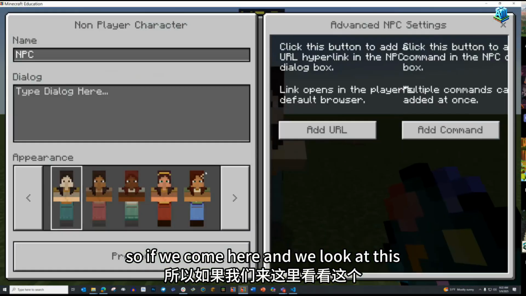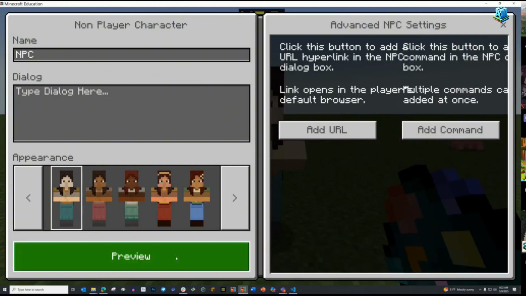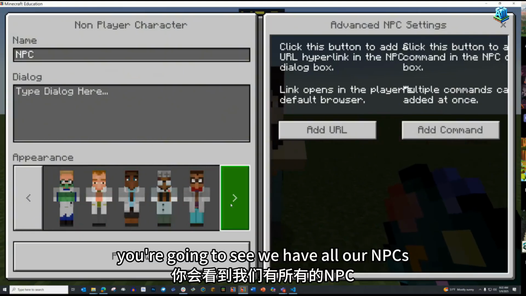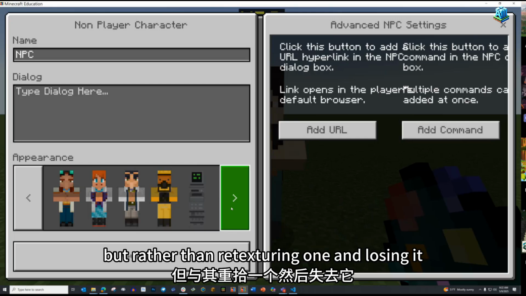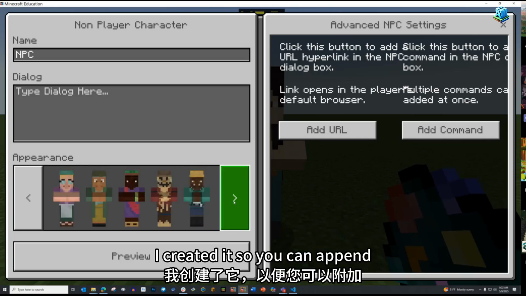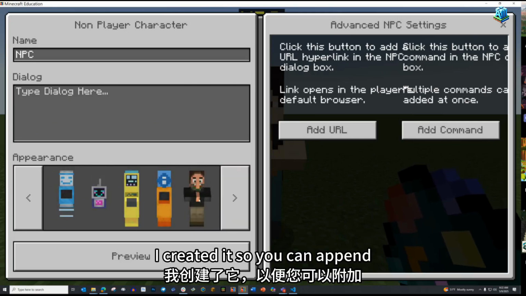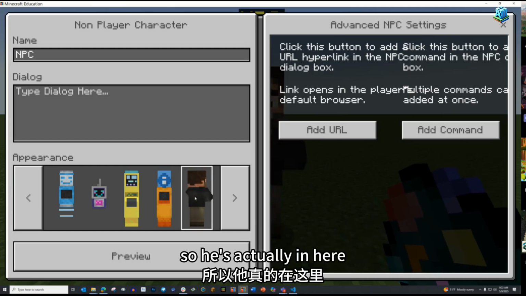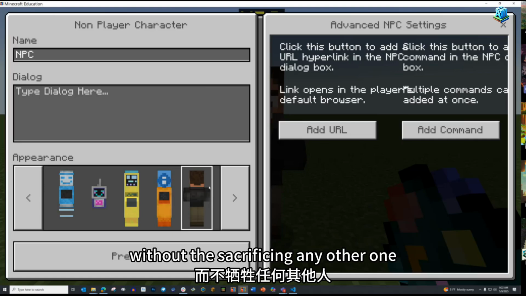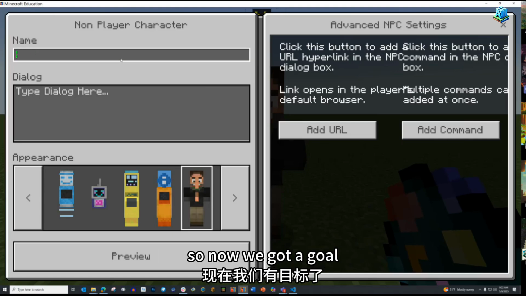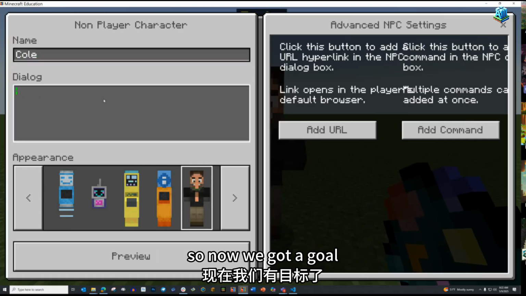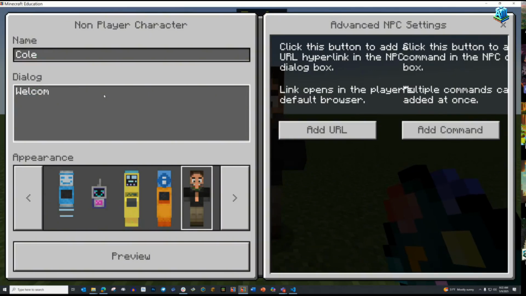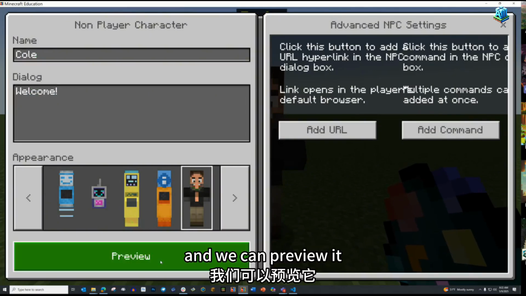So if we come here and look at this, you're going to see we have all of our NPCs, but rather than retexturing one and losing it, I created it so you can append. I made a little coal here, but he's appended to the list. So he's actually in here without sacrificing any of the other ones. So now we've got little coal,